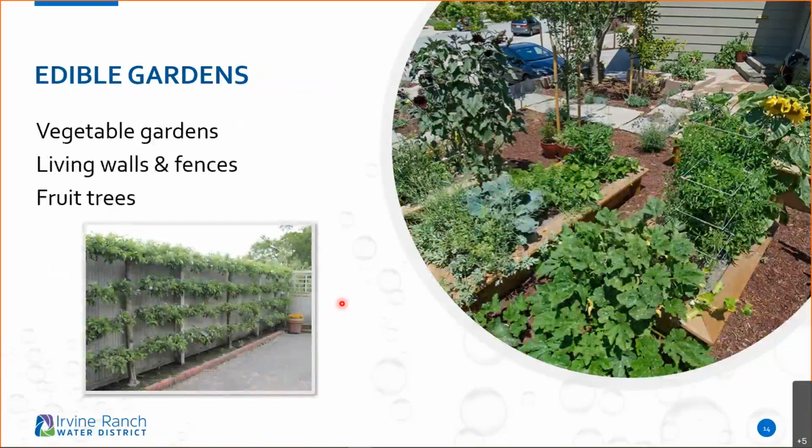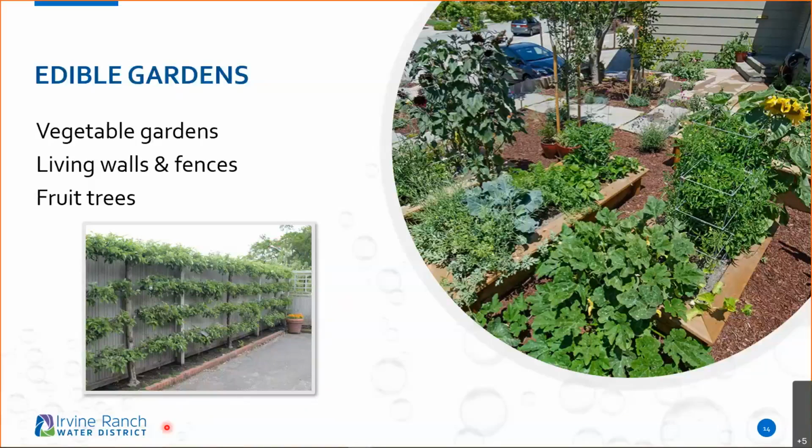Edible gardens, who loves edible gardening? Now, throughout the year we do have other workshops, and this coming year, towards the spring, I like to have an edible gardening workshop that is hosted by the Master Gardeners of Orange County. So please look out for those types of workshops. I know we have some workshops I'm going to be talking about later that are coming up this coming year. So, look at this beautiful living fence in that small little picture here.